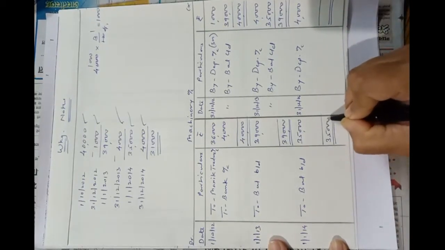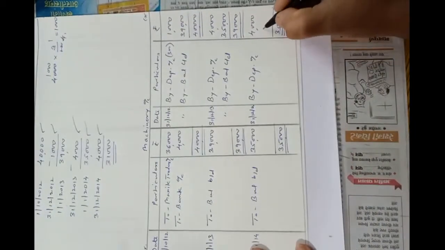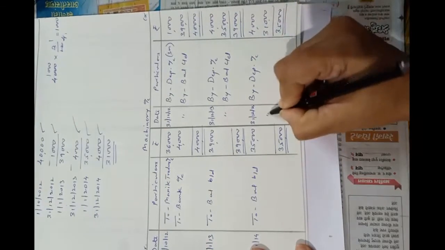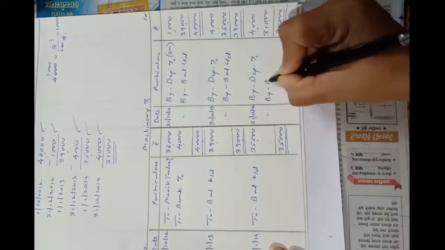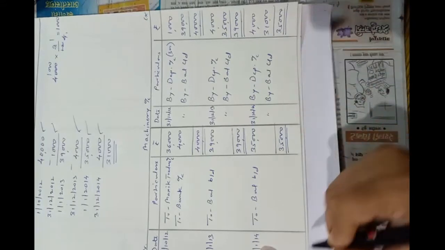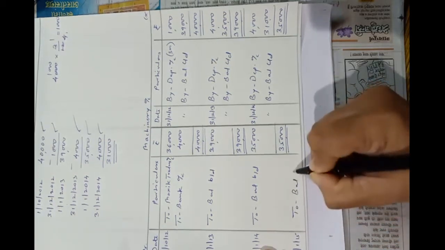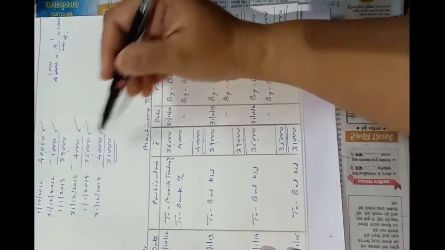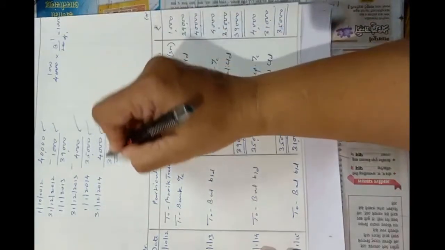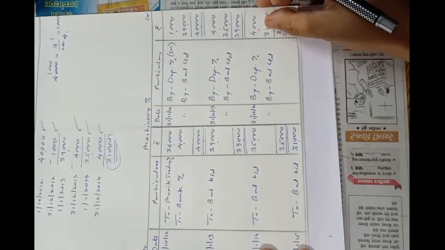Debit total is 35,000. 35,000 minus 4,000, so it will be 31,000. So at the end of third year on 31st December 14, by balance carried down 31,000, and it will be brought down again next year at the beginning of next year, that is on 1st January 15, to balance brought down rupees 31,000. So after using 3 years, at the end of third year the written down value of machinery is 31,000. Understood? Now we will prepare depreciation account.